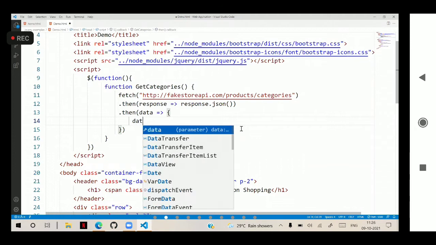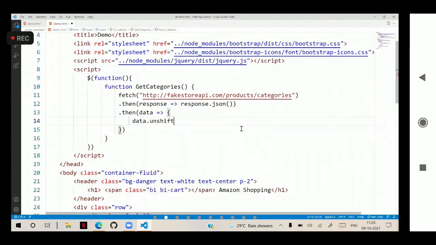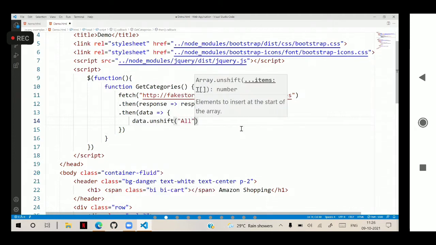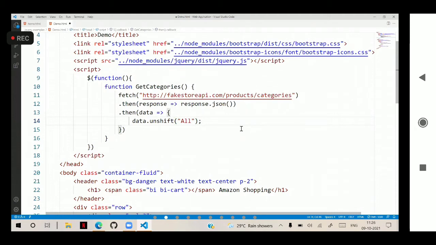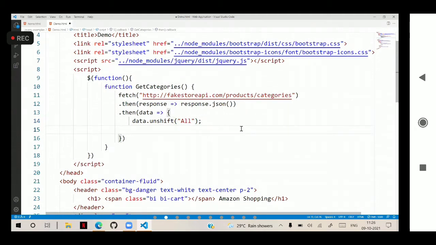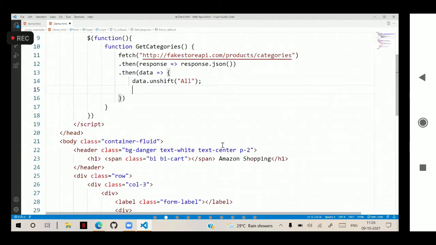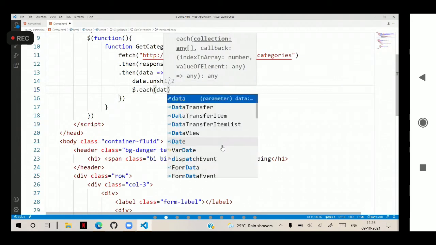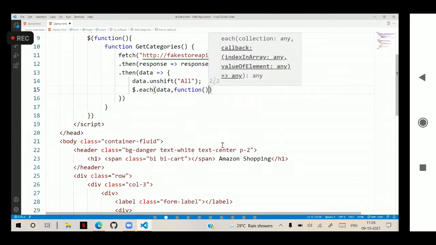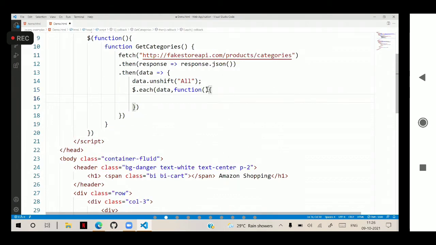Into the data I will unshift "all", meaning I am adding a new item into it, and I have to add this into lstCategories. So we need $.each on data with a callback function. This will collect the key and the value, and every value must be added into the drop down.